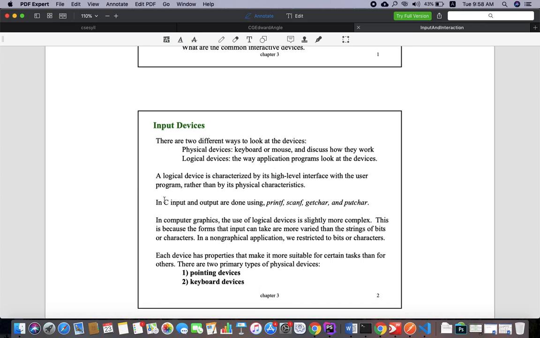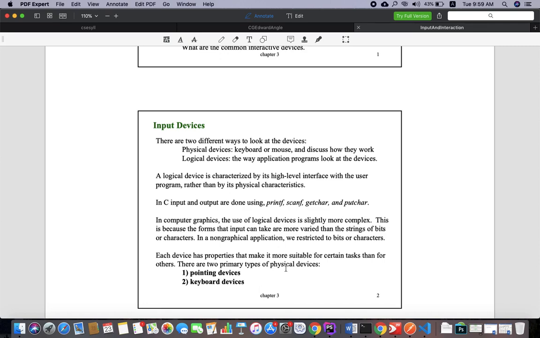In C, you might see printf, scanf, or putchar only collect a character, digits or a character. But in computer graphics, we may have images, or non-graphical applications, or a bit or a character, which is a combination of all this. So it is a little bit complex in terms of logical devices.